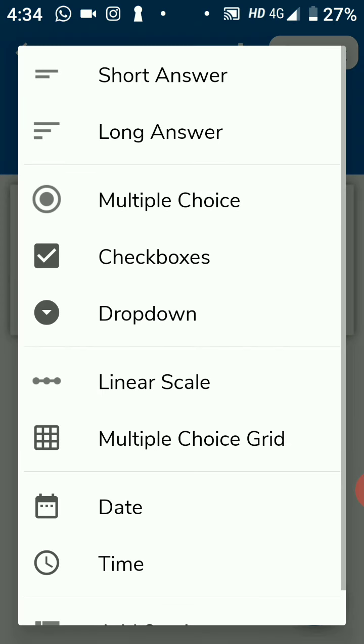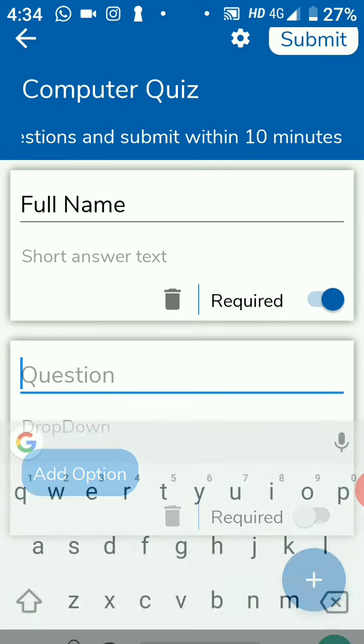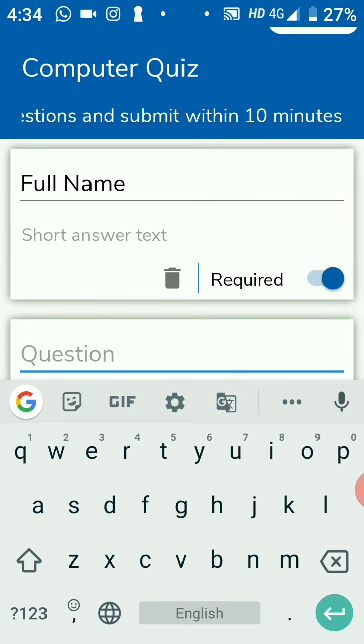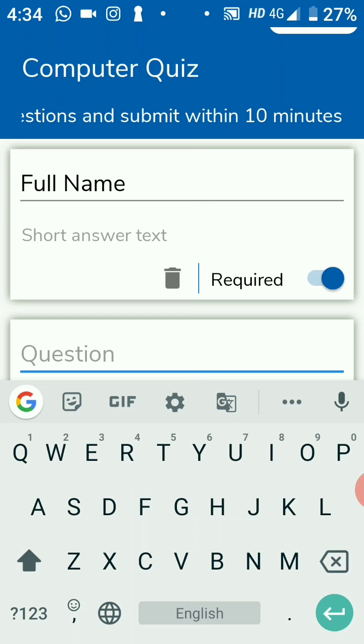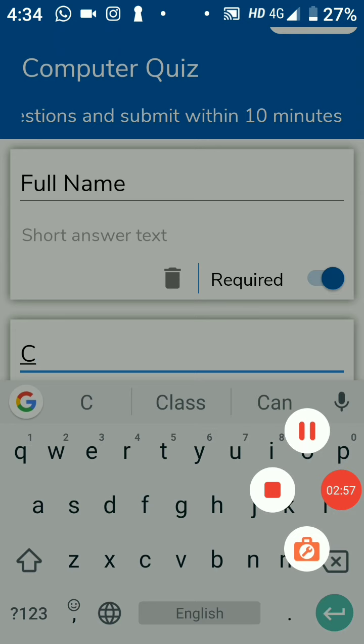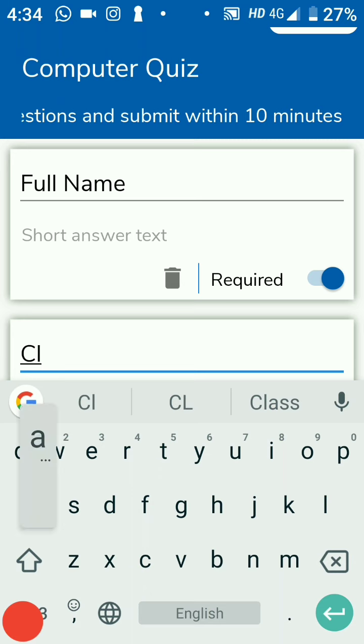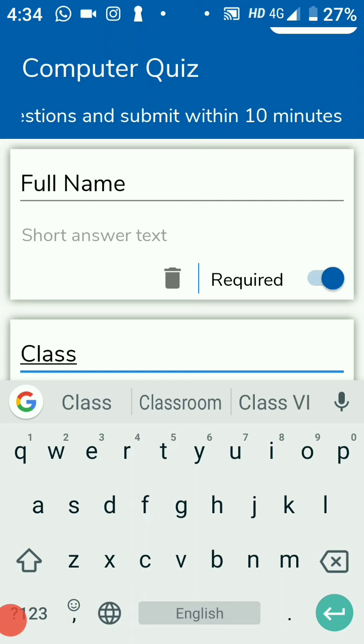Then again click on the plus button. Now you need to select drop down box. Drop down means you can give ready-made choices to the students and students can select from the list. Like you can give class and section.